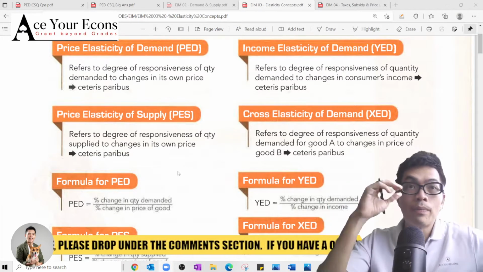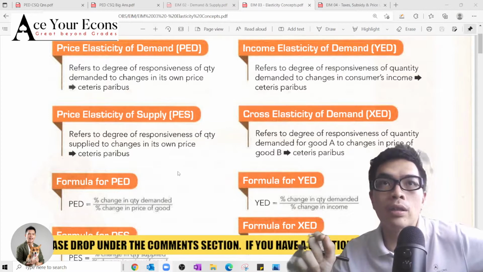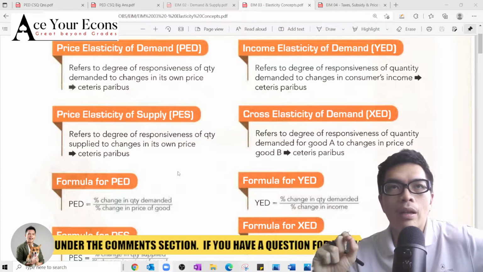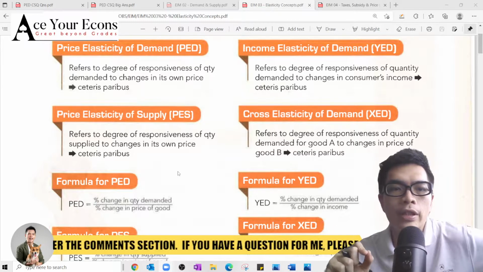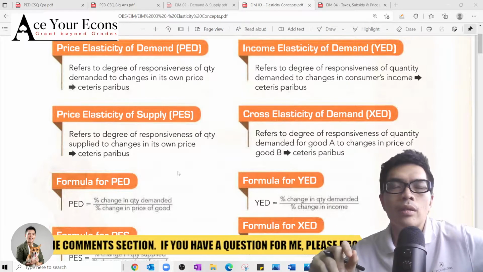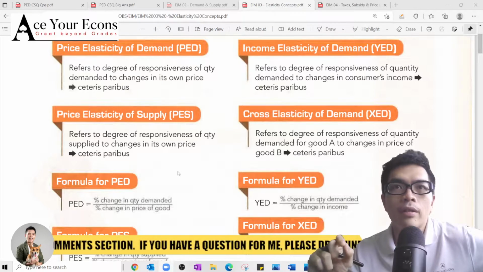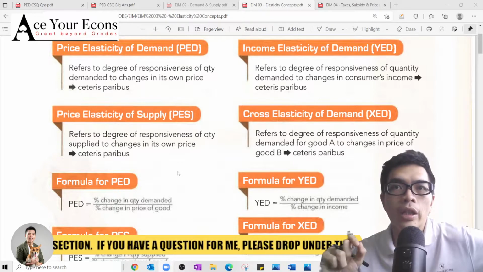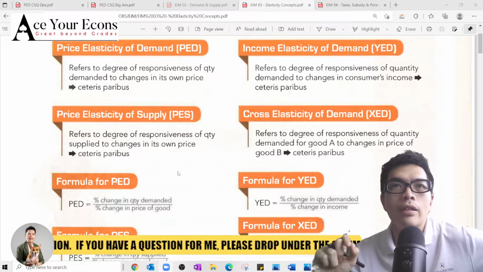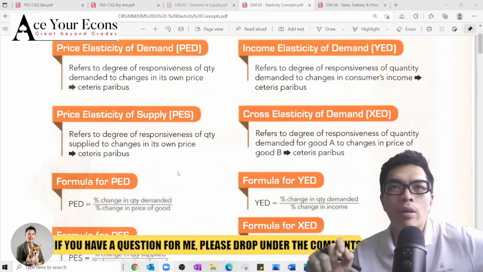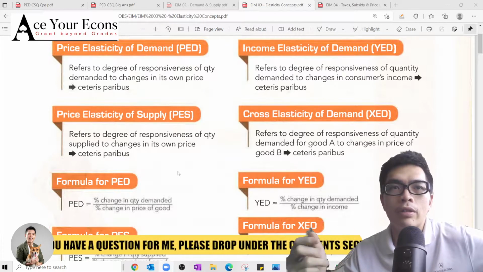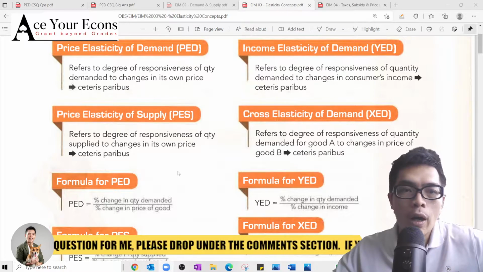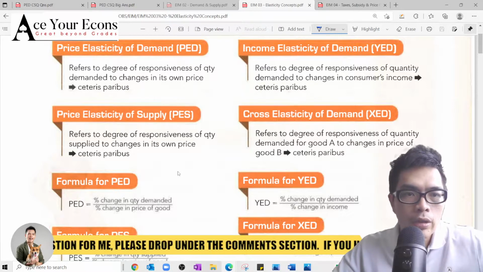Do you still remember the keyword that I used last week about PED as compared to demand? What is the key differentiation between demand and PED? This is where a lot of Year 2s still don't understand. They keep making the same mistake, even in their recent scripts. So for PED, we are looking at quantity demanded. You see here already, quantity demanded.